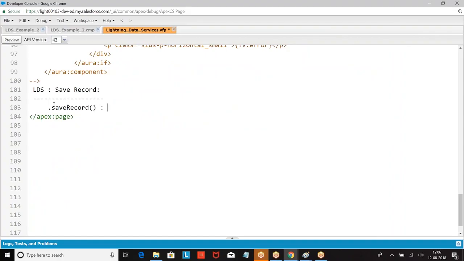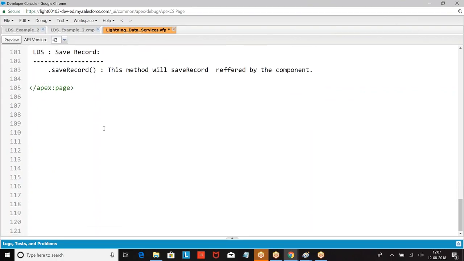This is the method. This method will save the record. Now, if you want to go for saving the record, let us look at the syntax of this method.